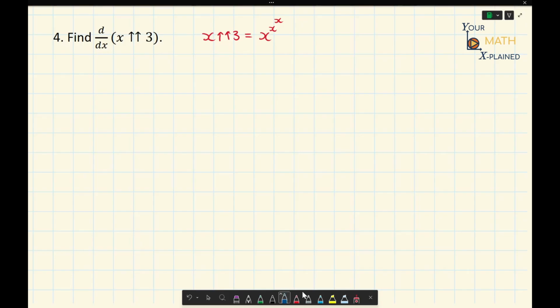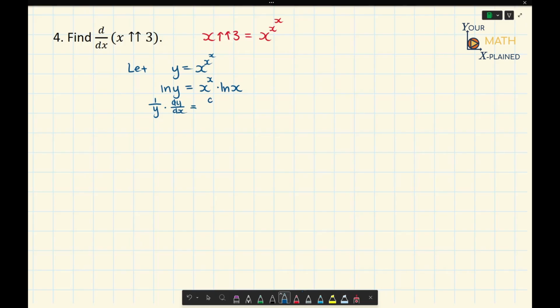And just like before, we're going to differentiate it using logarithmic differentiation. So we start by letting y be equal to x to the power of x to the power of x. Then we're going to take the natural log of both sides, which means we get ln of y is equal to x to the power of x times ln of x. And again, just like before, we're going to take the derivative with respect to x on both sides of this equation, which means we get 1 over y times dy dx is equal to, and here we have to use